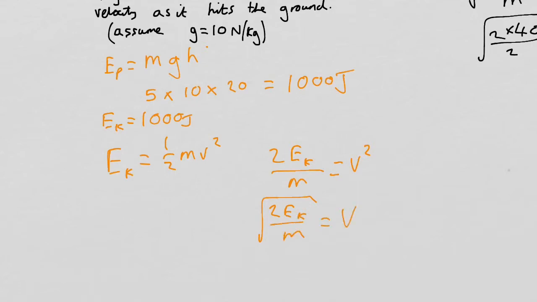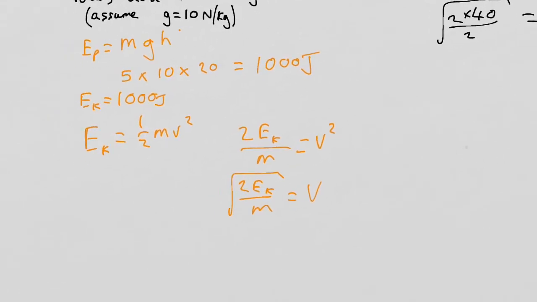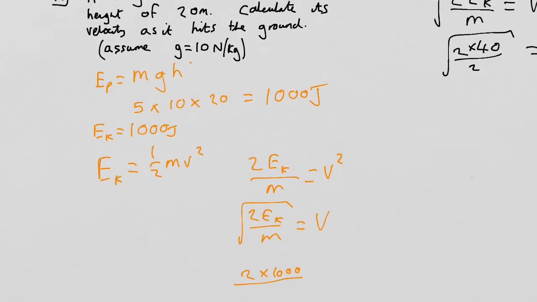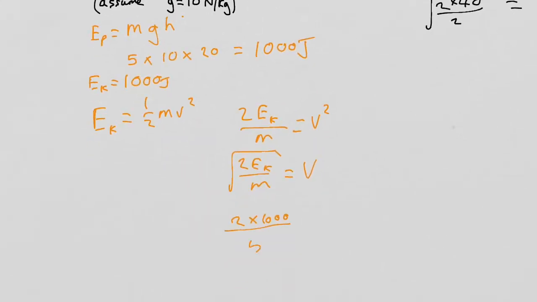Okay, so let's plug the numbers into this equation. We've got 2 times 1,000, divided by the mass, which is 5 kilograms, and then square root the whole thing. You end up with, and I do have a calculator this time, 20 meters per second